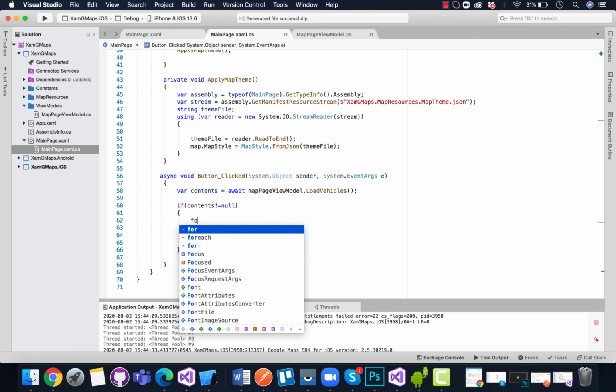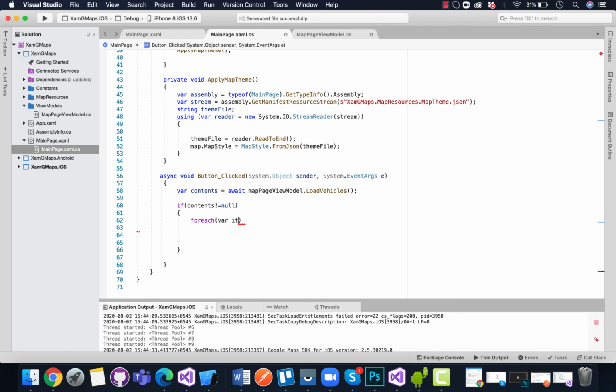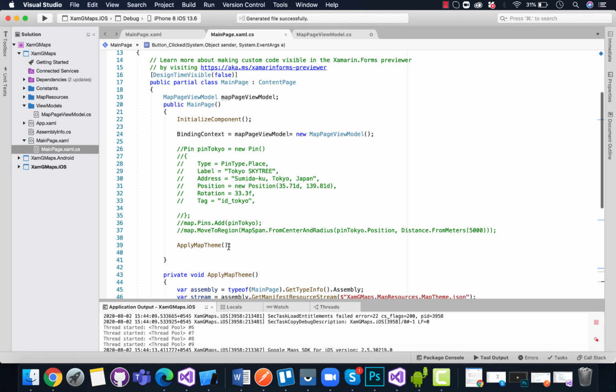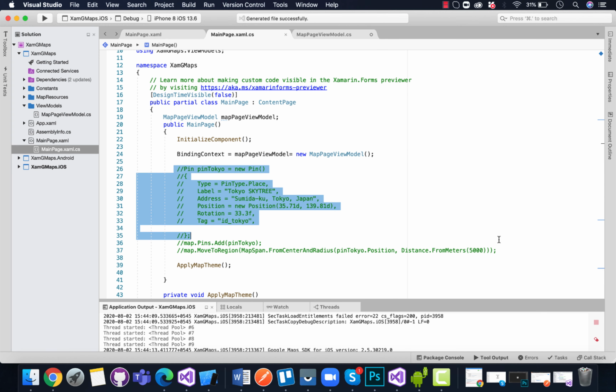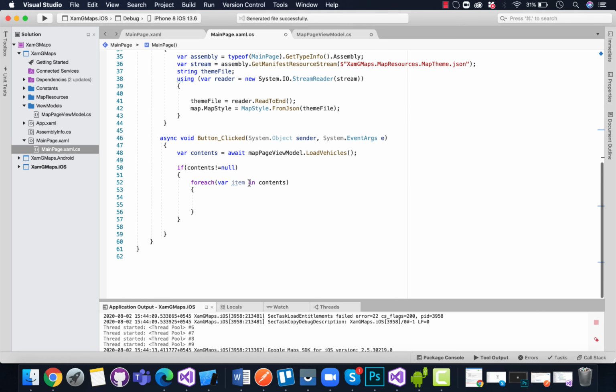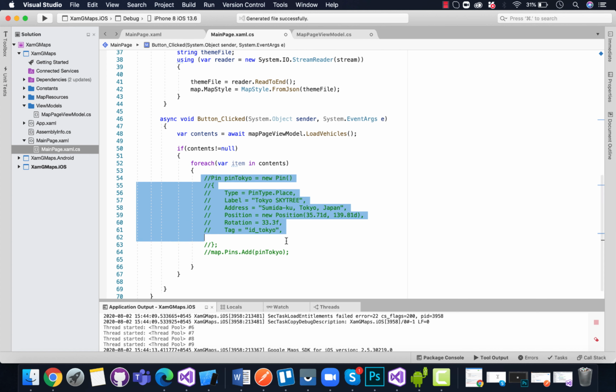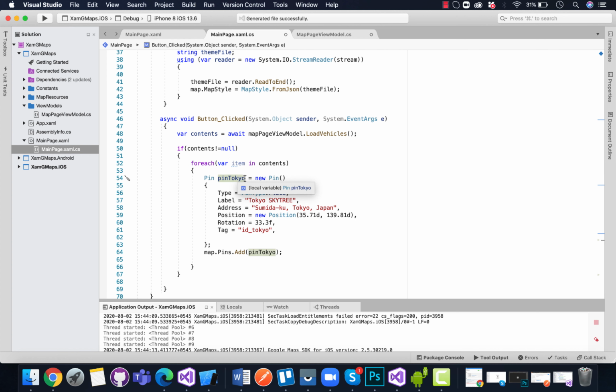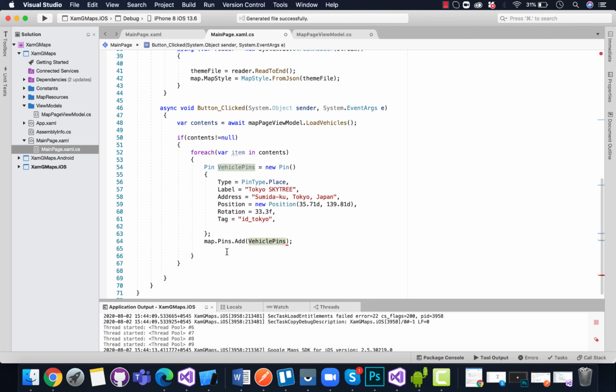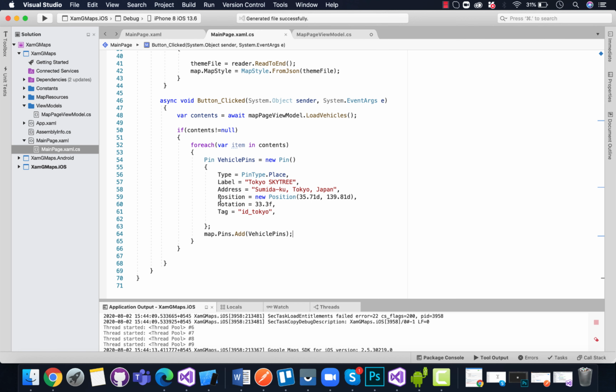If that content is not null, then we can just apply the loop. That is, our content is a list, so that we can just go inside our content items. Now we will be creating 4 pins. That's why we have to put it inside the foreach loop, as the list contains 4 vehicle pins which will be added to the UI.